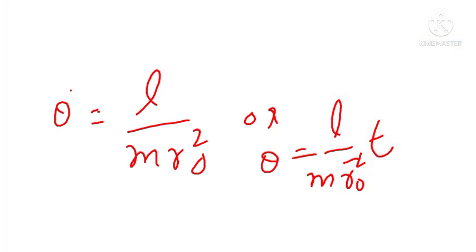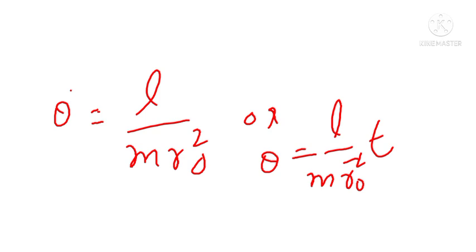So this is the equation for the new circular orbit, and here L by mu r0 square is beta, so theta is equal to beta t,